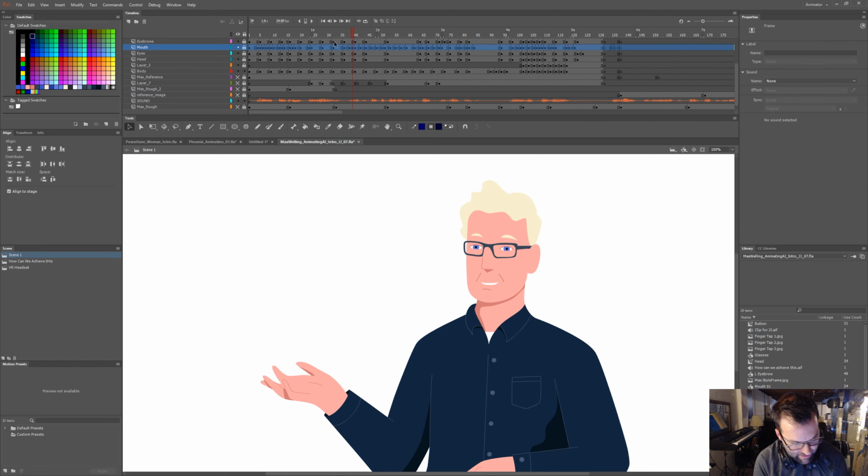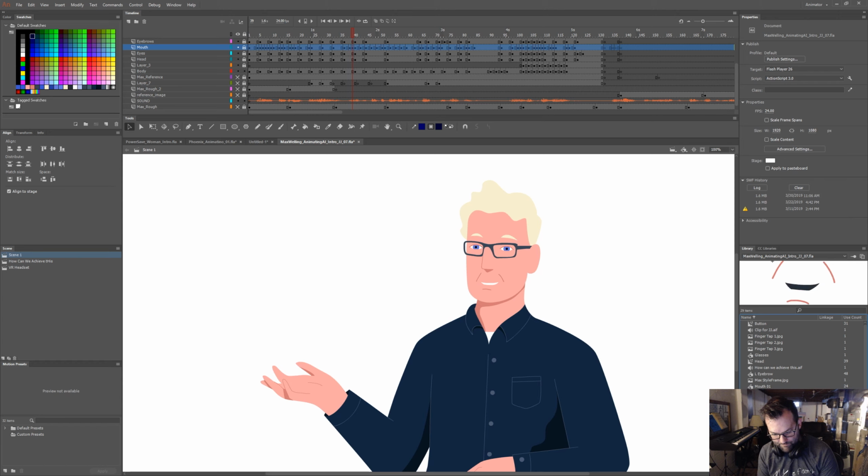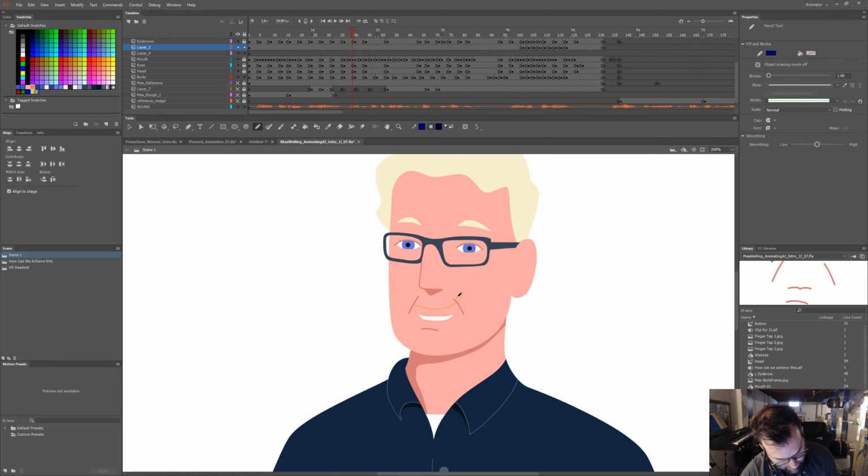The mouth is made up of a bunch of little shapes that I made and turned into symbols. And so all you really have to do is, once you've drawn a mouth, so we'll just make one real quick. Actually, I kind of need it to be above the head so you can see it. Okay, once you've drawn the mouth,